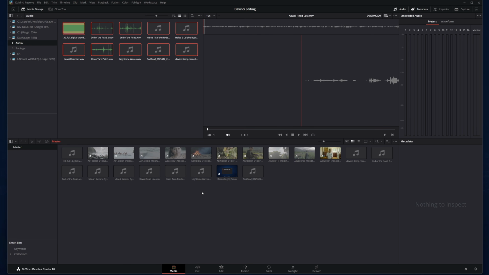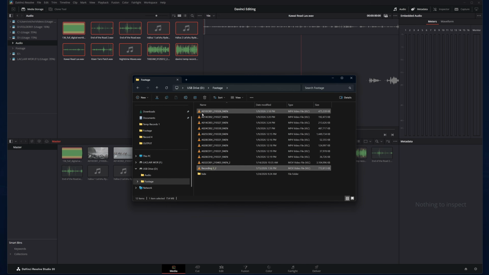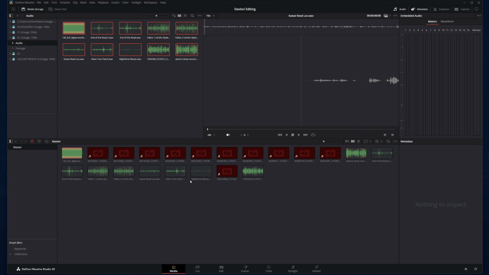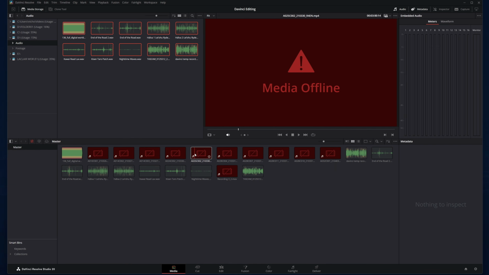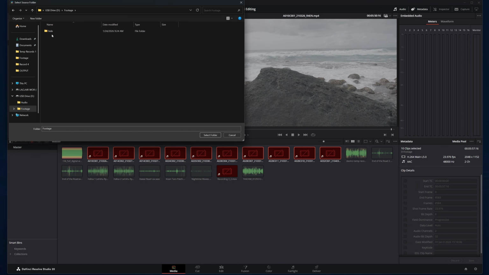Now, it's important to say your footage should already be in a folder and on a drive where it's going to live permanently before you bring it into DaVinci, because if you change the location of this footage on your hard drives, it'll break the link. I'll show you that here. I'm going to make a folder called Hide and put my footage in there. Now you'll see it's all unlinked and it says Media Offline. If your footage is ever unlinked like this, you can select one or more clips, right click and choose Clip Operations, relink selected clips, and it'll prompt you to find their new location in your hard drive.